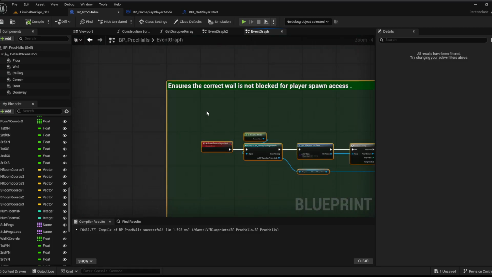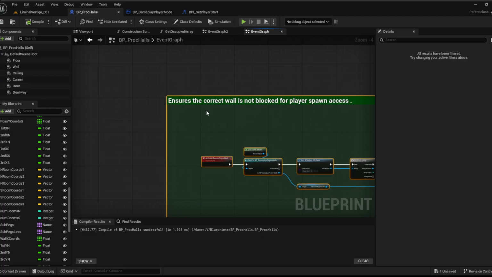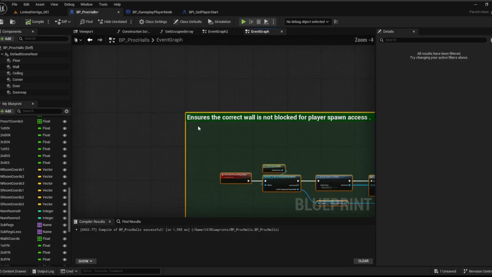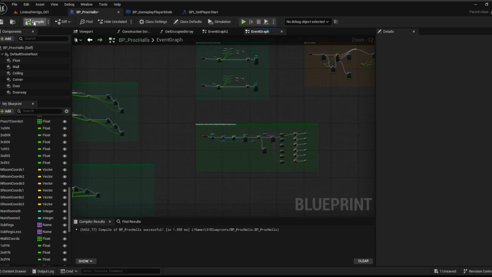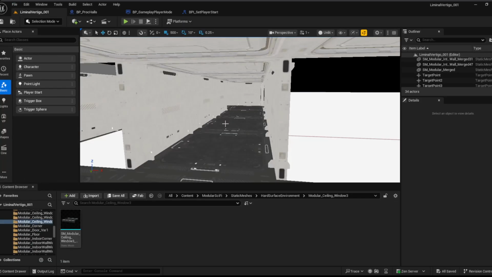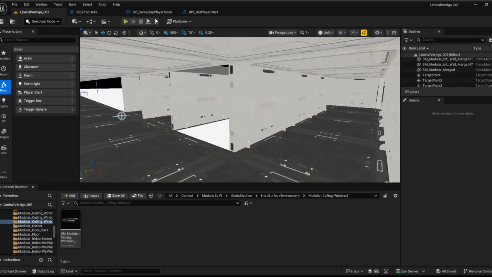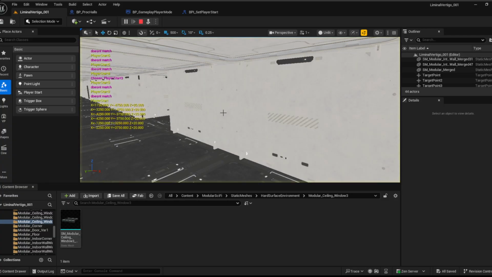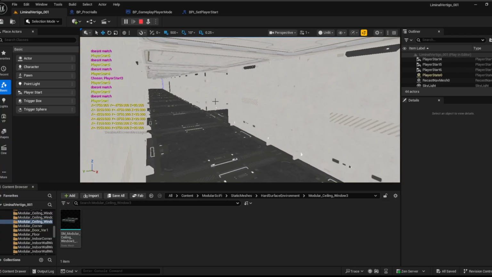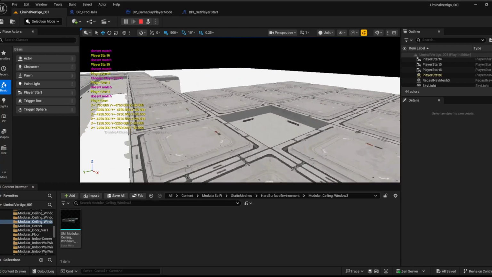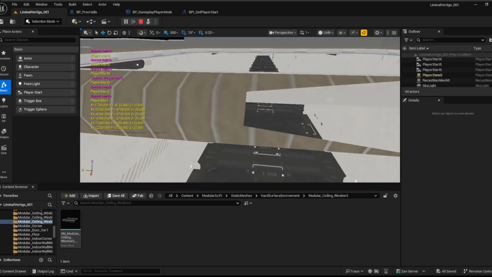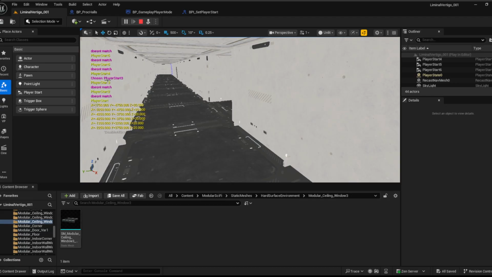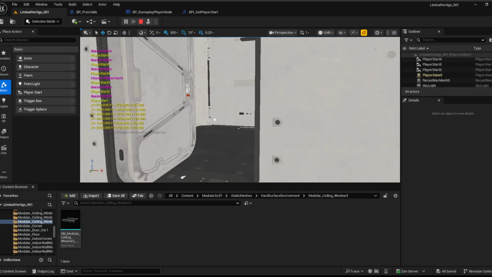Alright. Let me see. Move this down, just align it. Okay. Compile it, and hopefully it works. And then that should be it for us. Okay, so let me see. I don't want to do it that way, I want to do it this way. Okay, so that means that the north side was picked, right? So because of that, chosen player start 3 was picked. So that means,